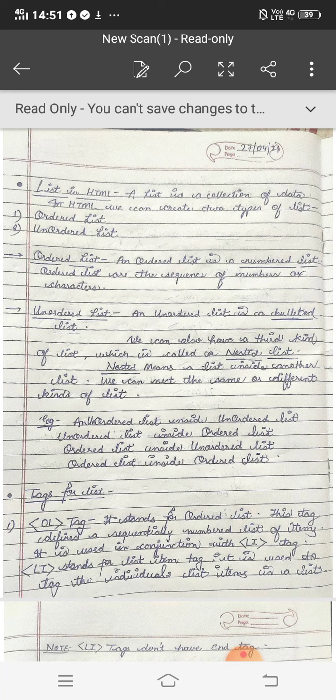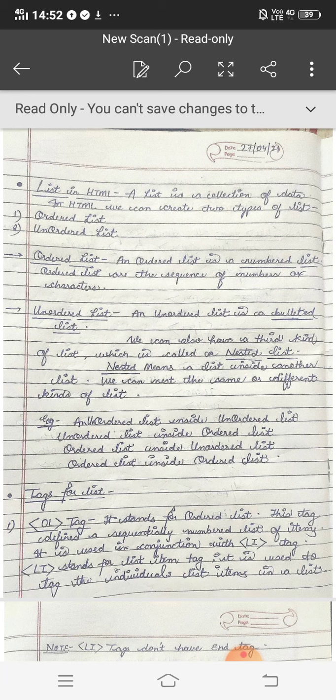We can also have a third kind of list, which is called a nested list. As we have ordered lists and unordered lists, afterwards we can have nested lists. What's the meaning of nested? Nested means a list inside another list. We can nest the same or different kinds of list.